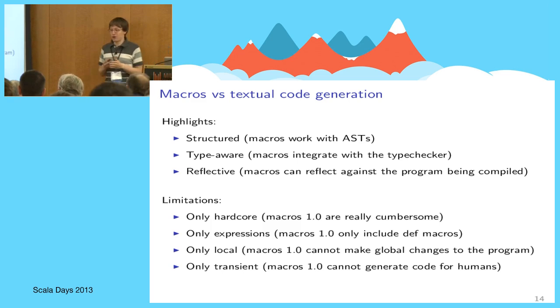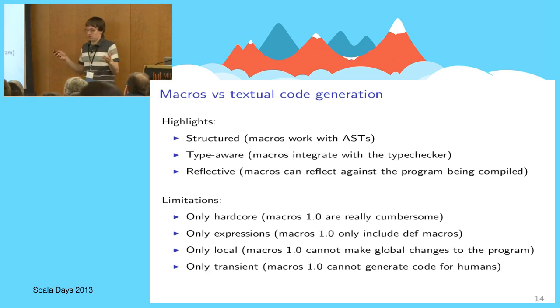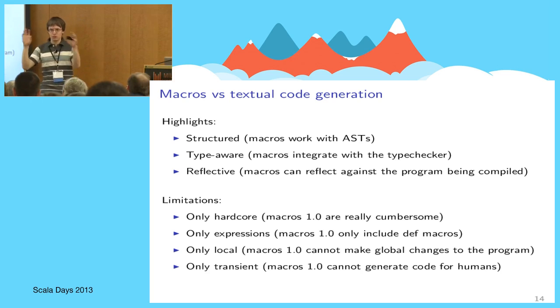Well, unfortunately, macros in their current form suffer from some limitations that prevent them from realizing their fullest potential. Well, the first limitation, as you guys who might have already written some macros know, is that they're quite hardcore, right? You need to know a lot of stuff about Scala internals to write complex macros. Then there's another thing, that macros in 2.10.0 only operate on expressions. So, for instance, it's not possible to generate a class and put it somewhere so that it can be seen by the entire program. Well, unfortunately, that's not possible now. But hint, it's going to become possible in like 10 minutes, right?